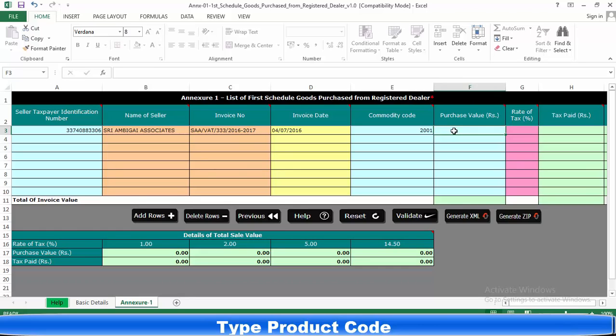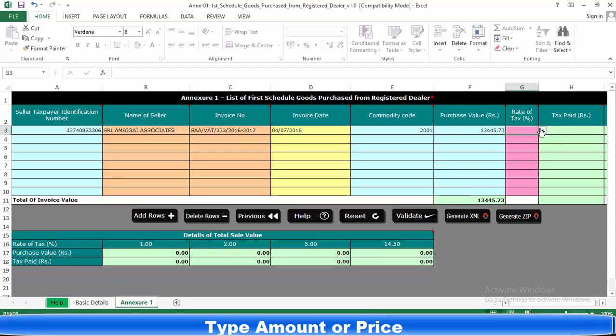After entering the product code, enter the amount. What is the value of your purchase, like 10,000 or 20,000, whatever they mention in the invoice. Just enter the invoice amount.